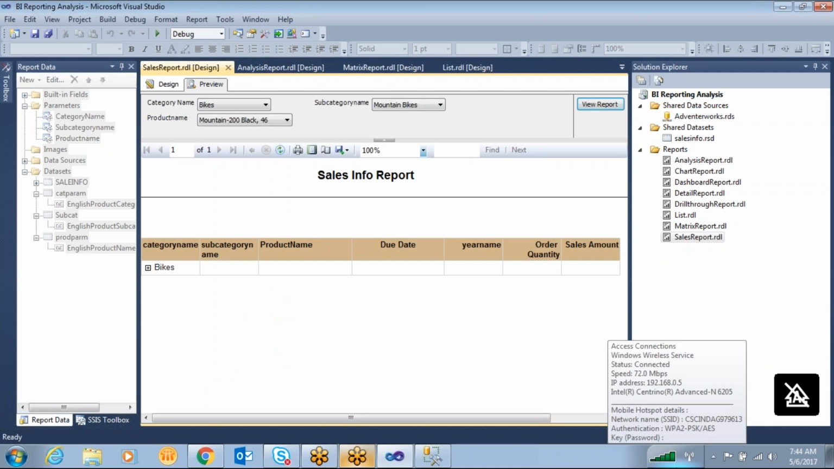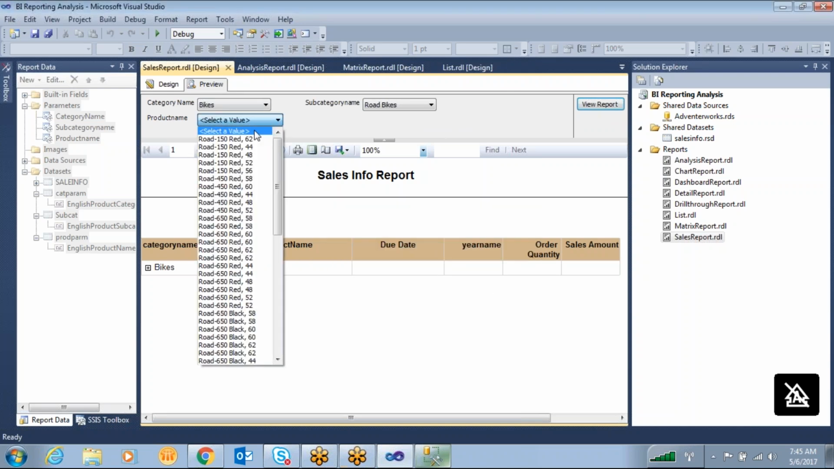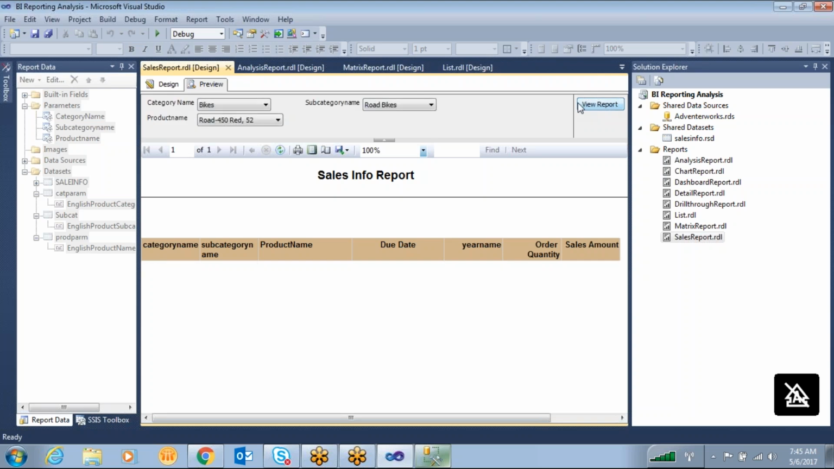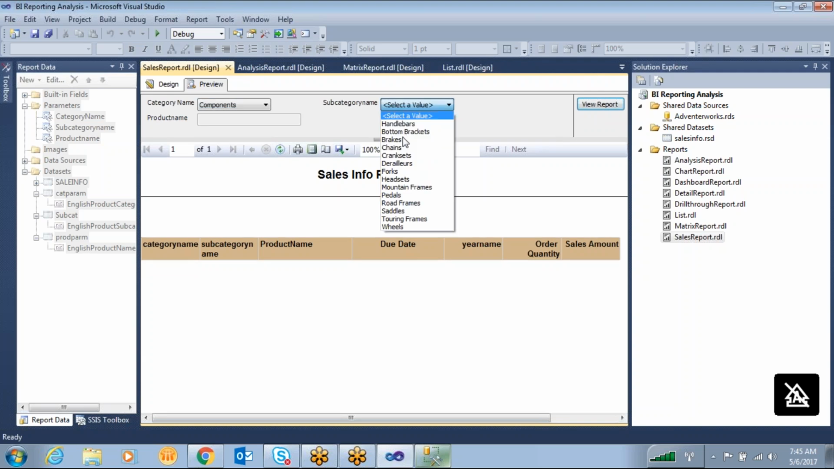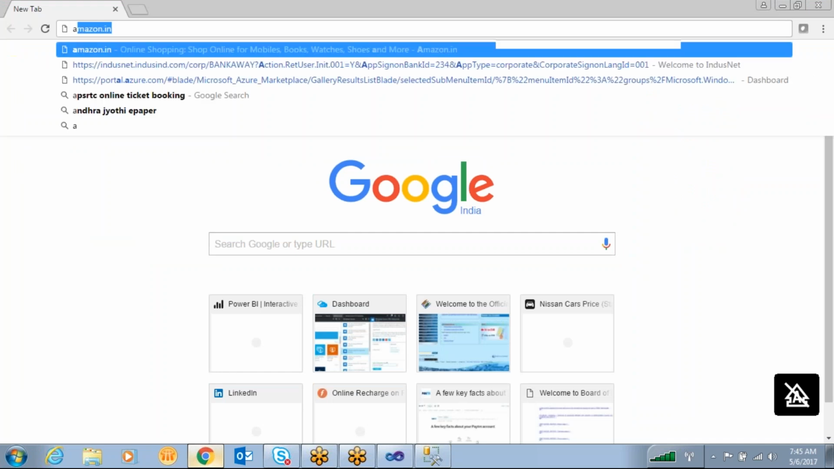This is cascading parameters in SSRS. Simple. Whatever you select for a parameter, based on that value, the next parameter's values will populate. For example, if I select Components here, these are the list of products under this category. Simple. On the Amazon site,